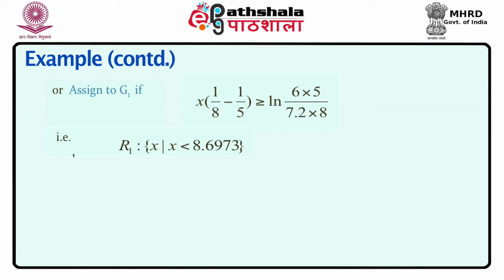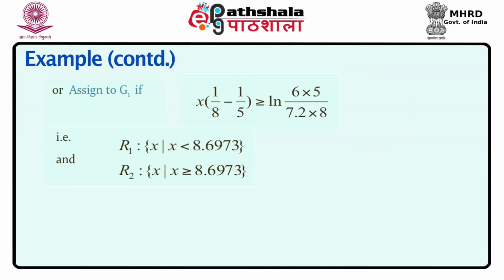gives R1 as x such that x is less than 8.6973. Obviously R2 would be x such that x is greater than or equal to 8.6973. Interestingly, you will see that there is a change in sign in the direction of the inequality in case of R1. This is because if you look at the assignments, you have x into 1/8 minus 1/5, which comes out as negative simply, and the right hand side log of 6 into 5 by 7.2 into 8, which is a fraction. So if you take log, it comes out to be negative, and hence the inequality sign is reversed,